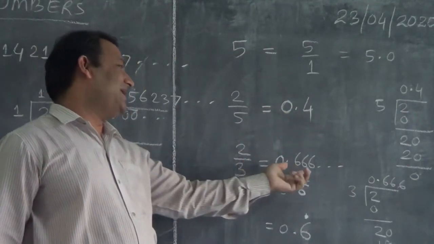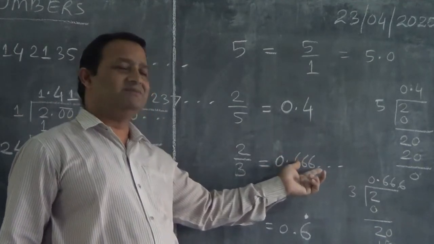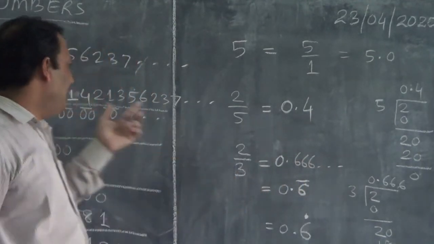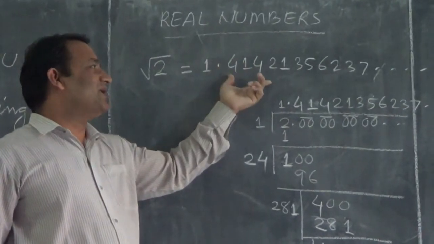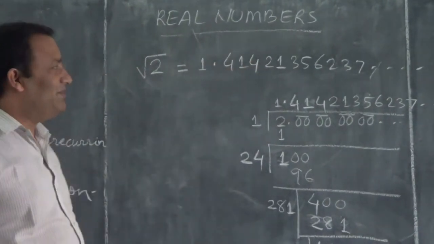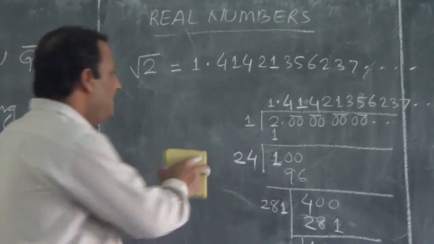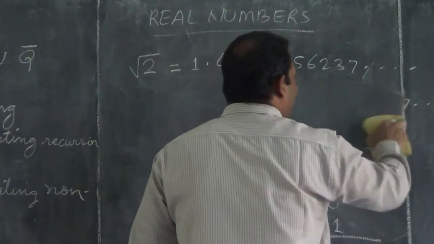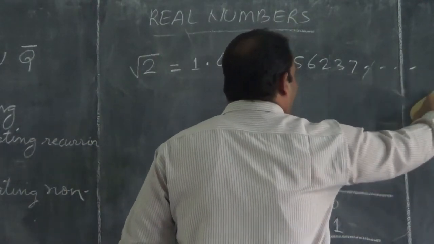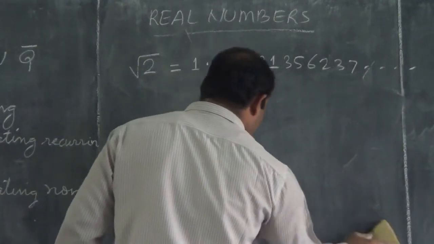A real number can be a non-terminating but recurring type of decimal. Then a real number can be non-terminating, non-recurring type of decimal. So here we are very much sure about certain thing. About which thing, sir? About which thing we are very much sure?